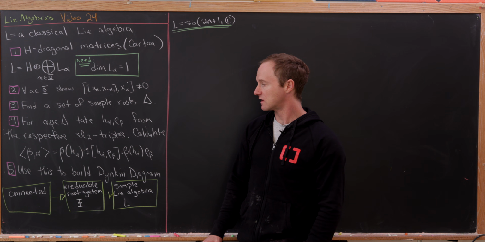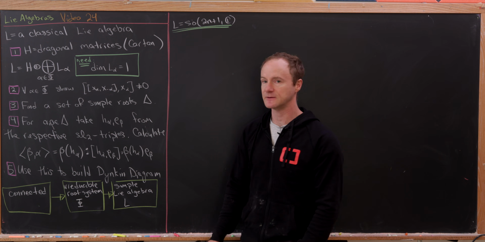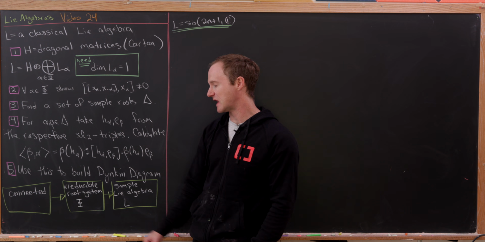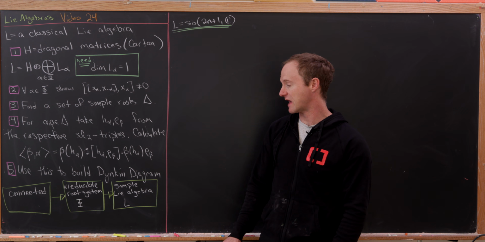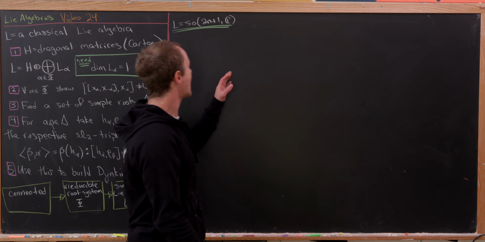Then we'll use all of this to build the so-called Dynkin diagram, which we talked about previously. And then that Dynkin diagram being connected implies that we have an irreducible root system, which in turn implies that we have a simple Lie algebra. So that's the sequence of events here. And now we're ready to look at